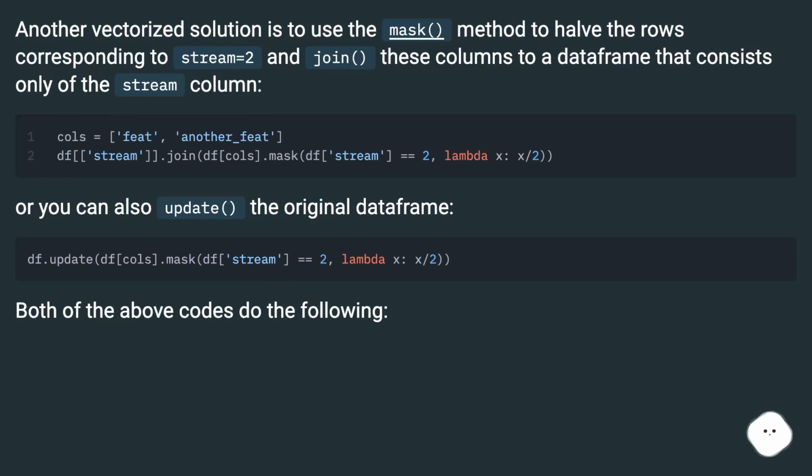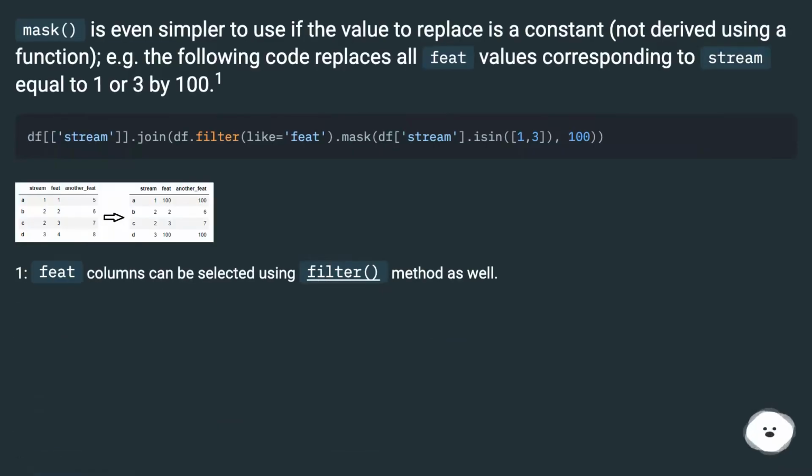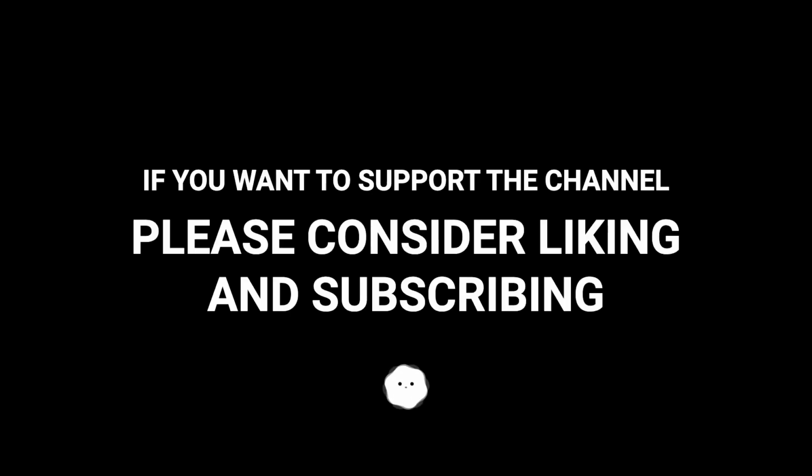Both of the above codes do the following. Mask is even simpler to use if the value to replace is a constant, not derived using a function, e.g. the following code replaces all feet values corresponding to stream equal to 1 or 3 by 100.1. Feet columns can be selected using filter method as well. Filter